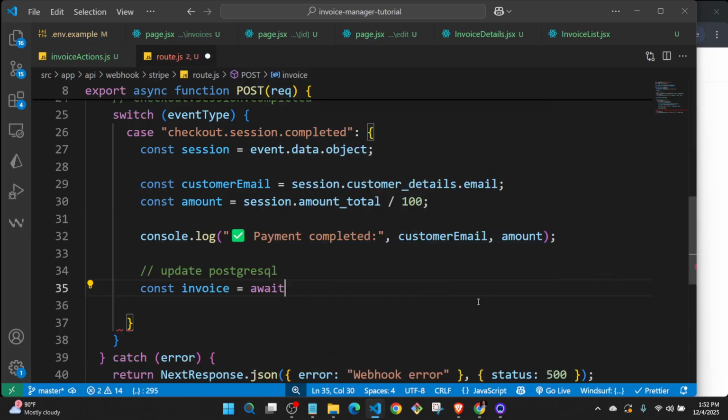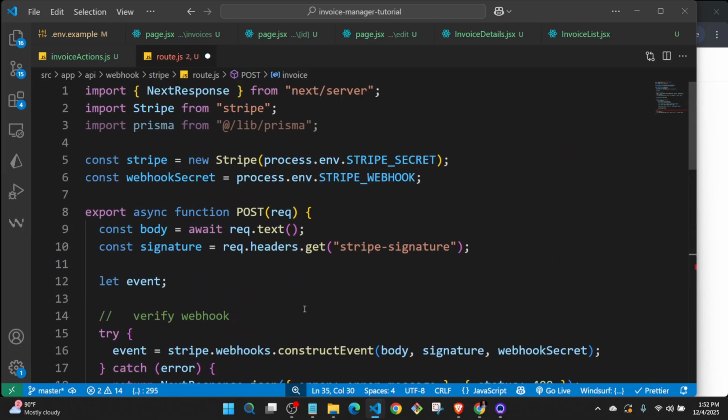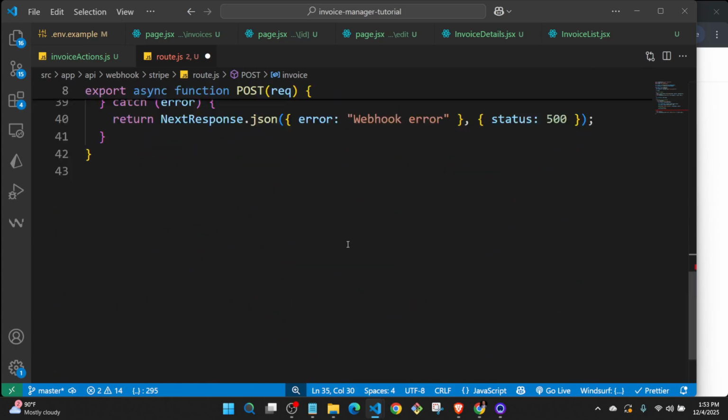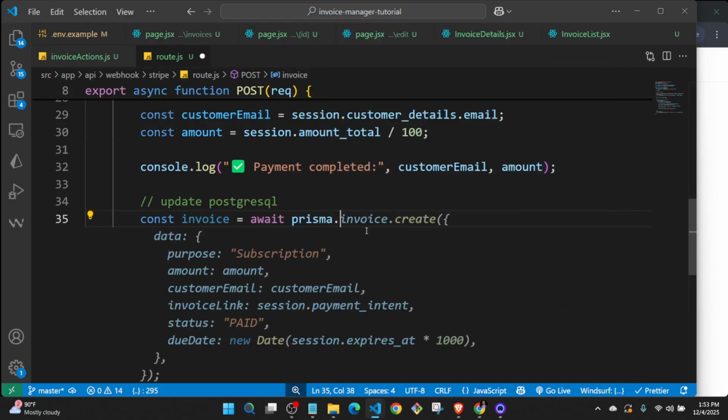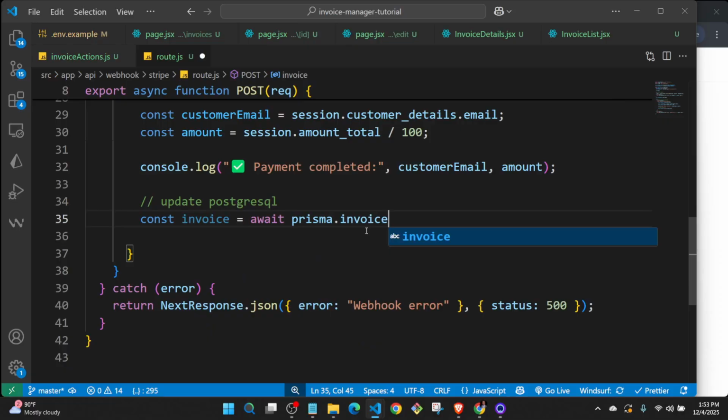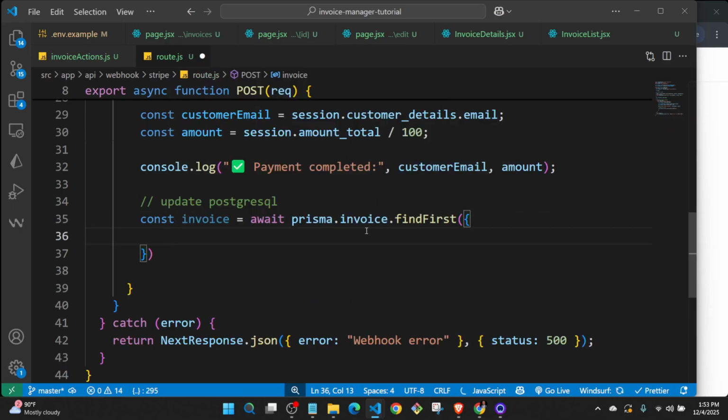Hold on, let me make sure that I have async in the function. So it's async, yeah, it's asynchronous. So here I'm just going to say await, and then prisma.invoice. I'll use the find first. So it's going to look in the database, and when it finds the invoice that matches the two parameters, so